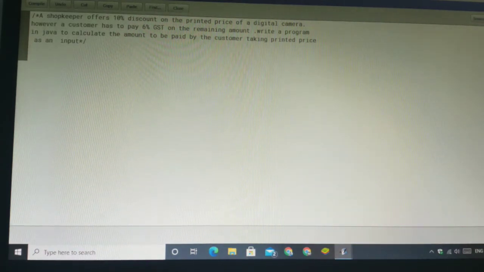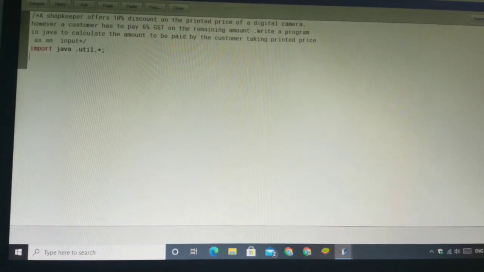Firstly write the import line. Import java dot util dot asterisk, or Scanner you can write also. All are correct.